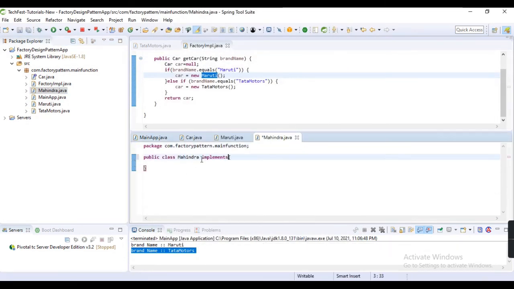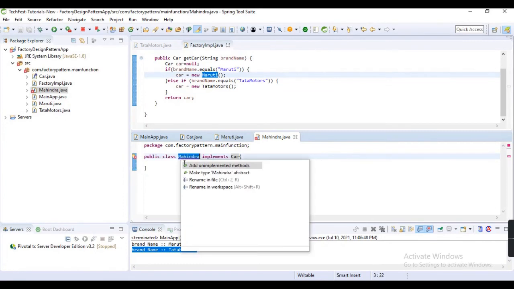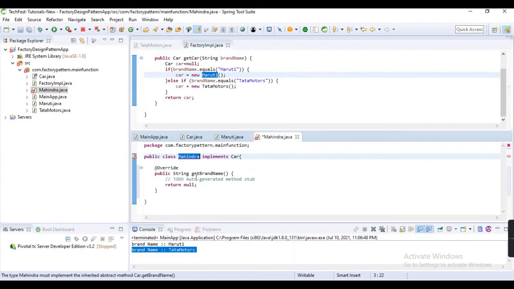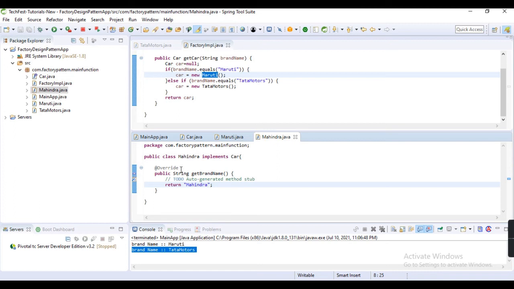In this class we are also implementing the Car interface and the method, and here we are returning the brand name Mahindra. Such an implementation of the factory design pattern means we don't need to make a business logic change.